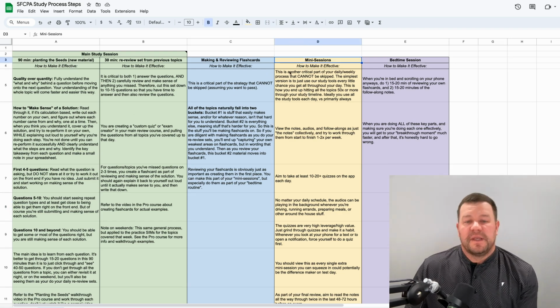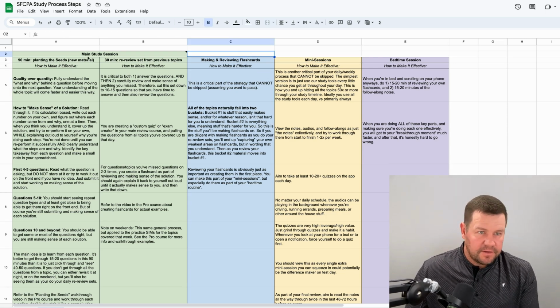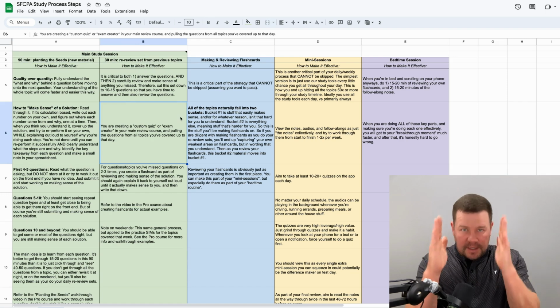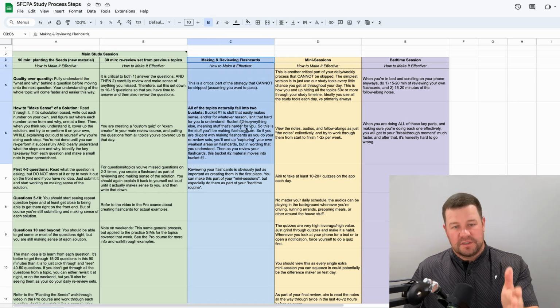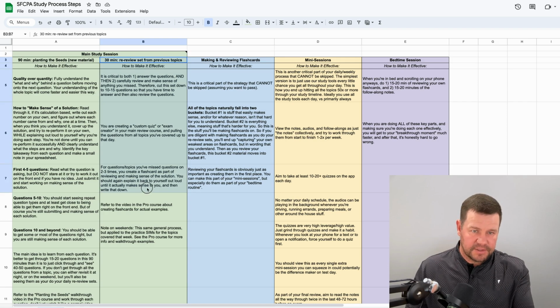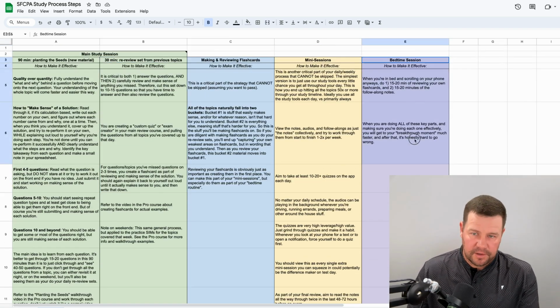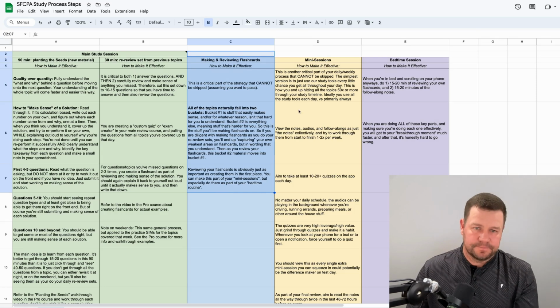Okay, so the next key strategy, and this is another critical part. If you haven't figured this out yet, each of these color columns are the key pillars in your process. Obviously, your main study session, done in this format: 90 minutes of new material, 30 minutes of re-review. The next one is making and reviewing your own flashcards, but really this fits into your re-review sets. That's where you'll primarily be making the flashcards. And then reviewing your flashcards will primarily be in this bedtime session. But this is a key activity that just has to be happening.